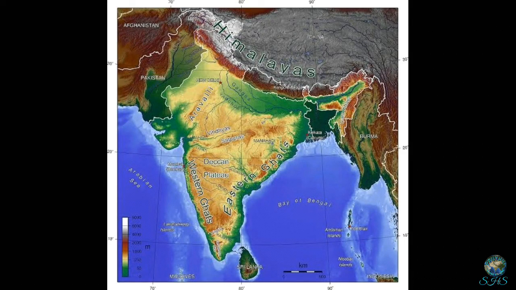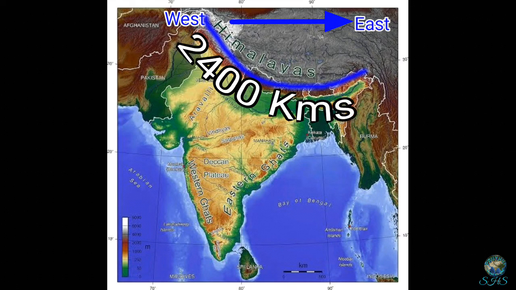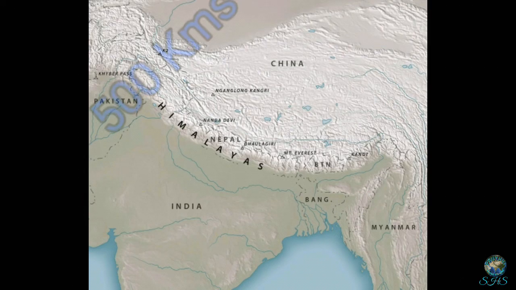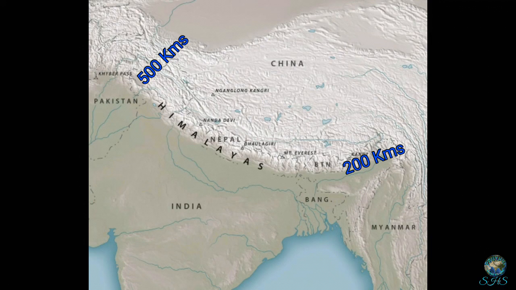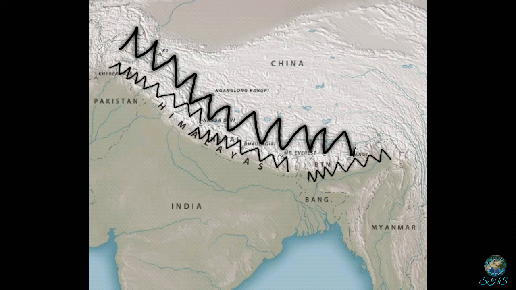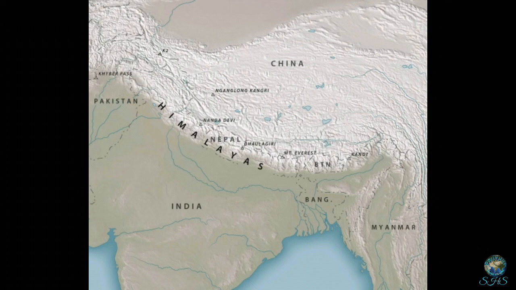Where are Himalayas located? Himalayas are located in Jammu Kashmir, Himachal Pradesh. The Himalayan ranges run in the west-east direction in the form of an arch with a distance of about 2400 kilometers from Jammu Kashmir to Arunachal Pradesh. Their width differs from 500 kilometers in the western regions to 200 kilometers in central and eastern regions. It is broader in western regions. There are also altitudinal height variations across the regions.